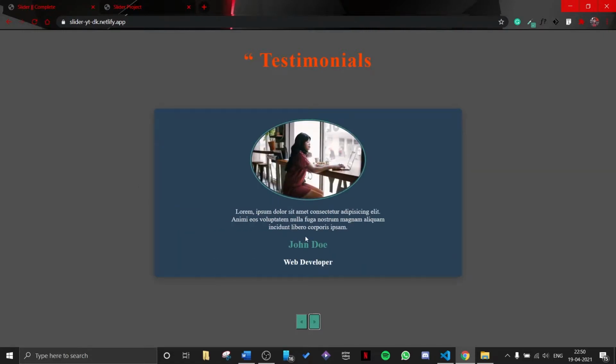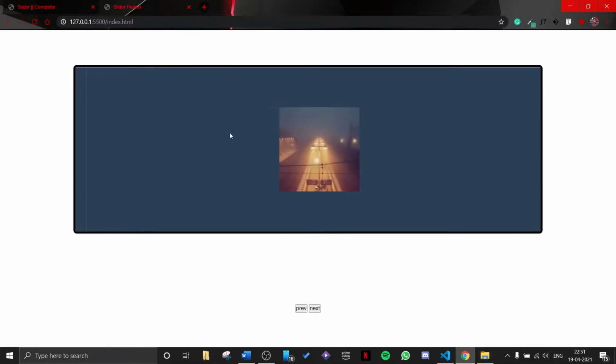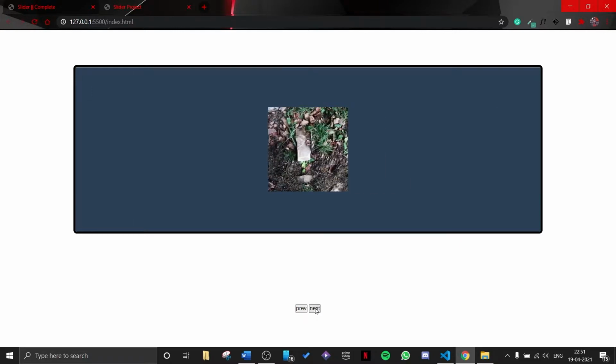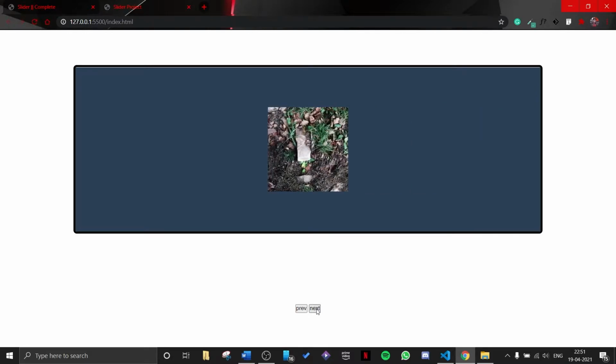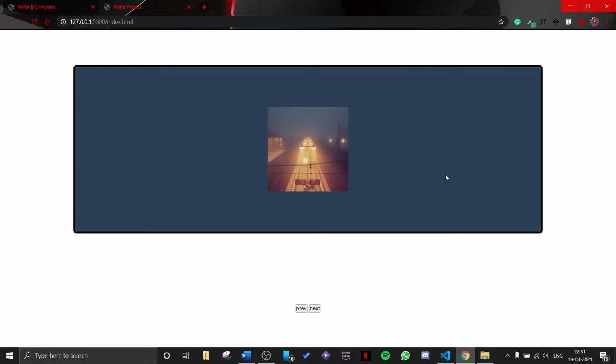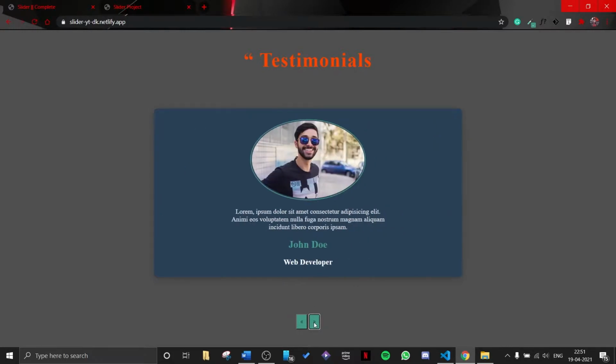So we will do it in two parts. First we will create something simple like this slider where we just move slides containing images, so that people who just want to learn how to create a slider can watch the first part and move on. But then in the second part we will convert this simple project into something like this, so that it looks like a review section of a fully functional website. So without wasting much time, let's get into it.